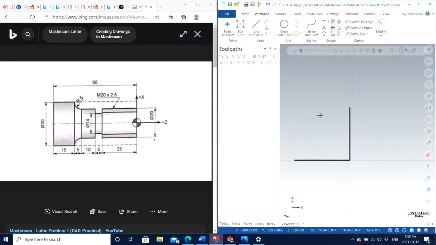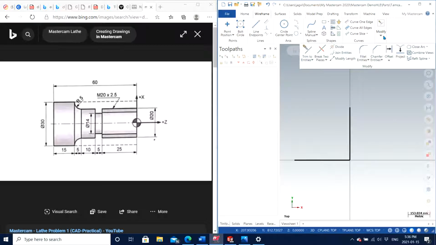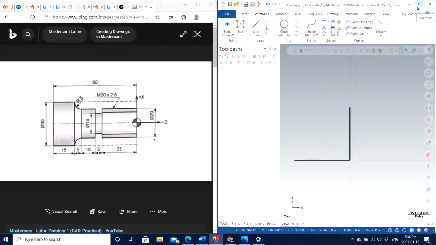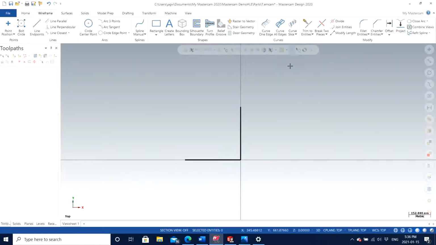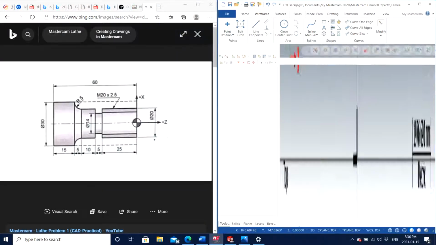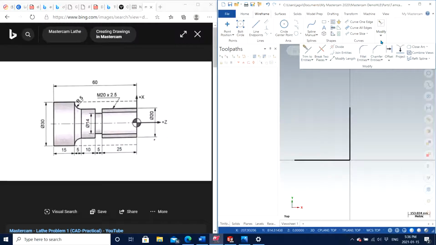So let's get started. Under the modify section, you can see there's offset. In full screen, you can always have access right away, which is offset. So let me show you how offset actually works. When I click on offset, let's say my first line that I want to have is 25 millimeter apart from